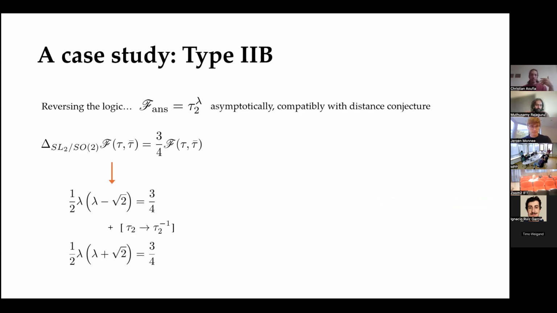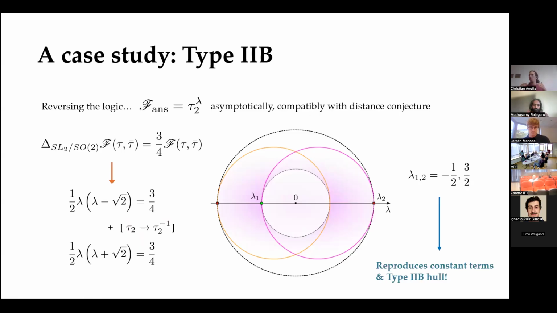Notice also that the ansatz that we provided is not duality invariant. By choosing the asymptotic regime, we have chosen a duality frame, and thus we can switch duality frame. Here, this means simply doing an S transformation of this kind. This Z2 transformation here is nothing but the subgroup of the duality group which fixes the tau 1 equal to 0 slice of moduli space that we've chosen. So we have these two equations in two duality frames, and we can try to glue them together in one image,